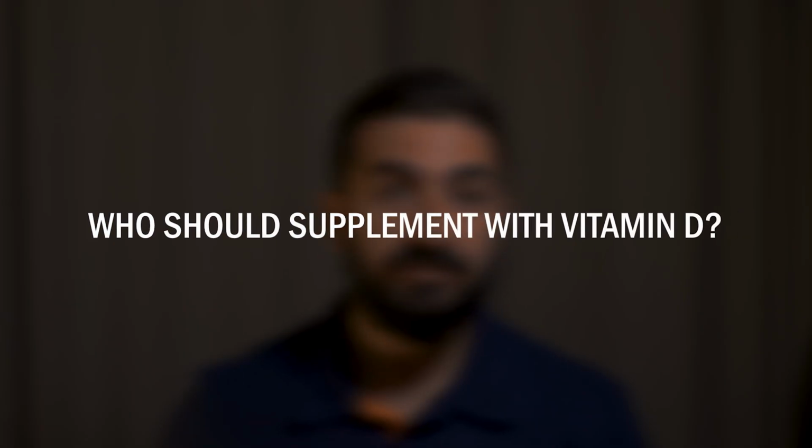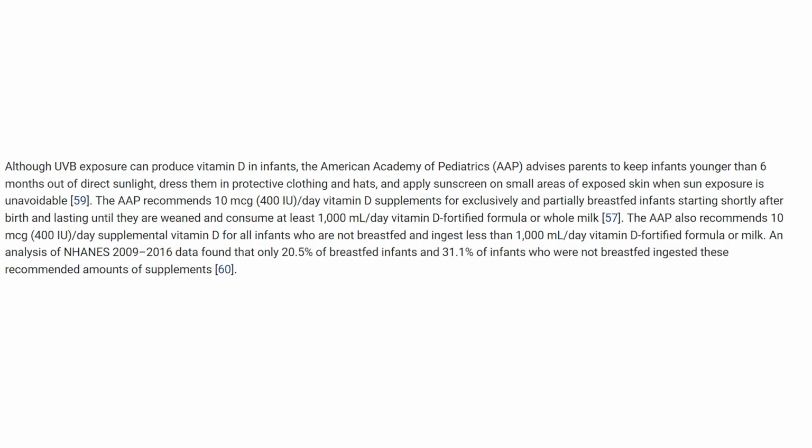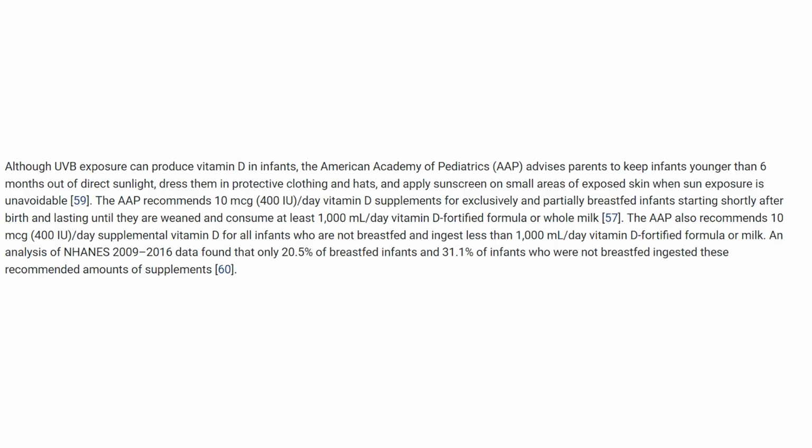Who should supplement with vitamin D to prevent vitamin D deficiency? First of all, breastfed babies. The American Academy of Pediatrics, or AAP, advises parents to keep their children under 6 months old out of direct sun, dress them in protective clothing and hats, and apply sunscreen to small areas that are exposed to the sun when sun exposure is unavoidable. They also recommend 10 micrograms or 400 international units for infants that are partially or exclusively breastfed, starting shortly after birth, until they're able to consume at least 100 milliliters per day of vitamin D